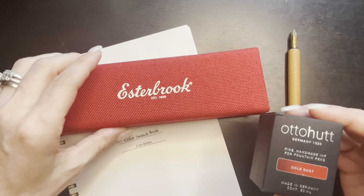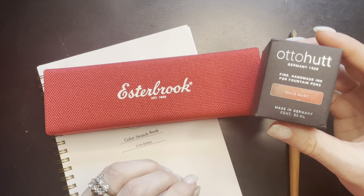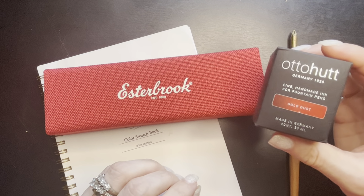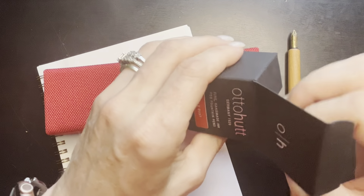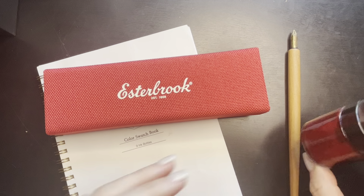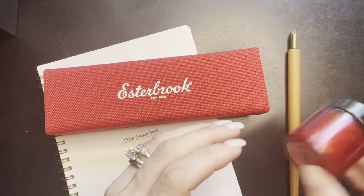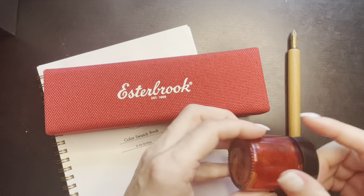The ink is by a company called Otto Hut. It's out of Germany, and the color is Gold Dust. This is not a brand that I had heard of, but my husband did his research and he placed an order through Pen Boutique. He was really adorable because he gave me a hint and he gave me a Jolly